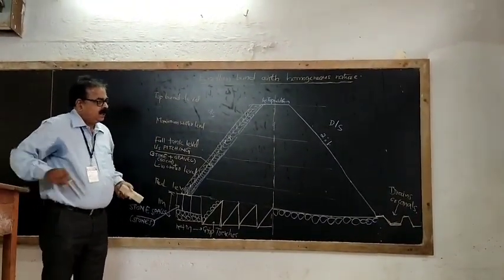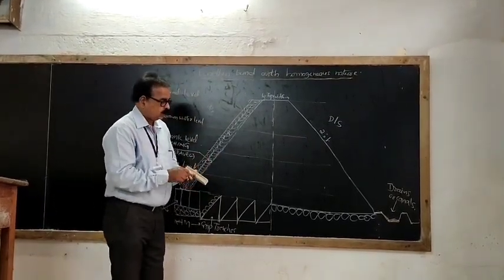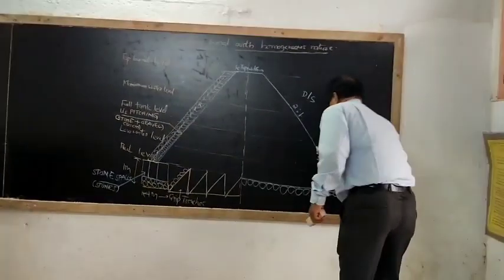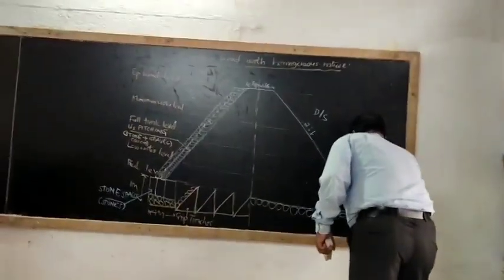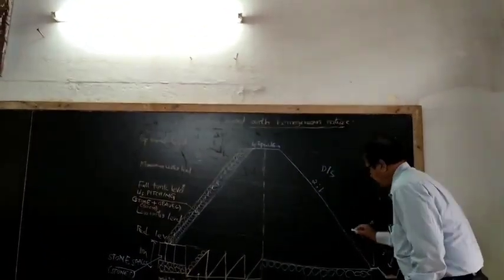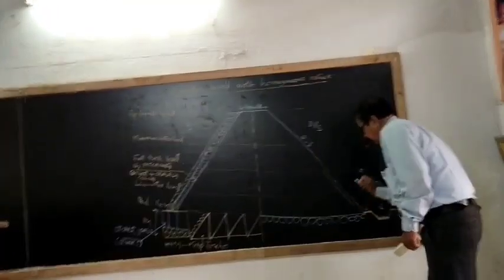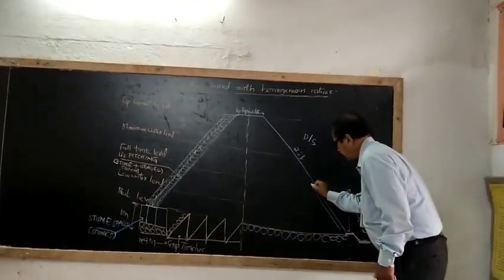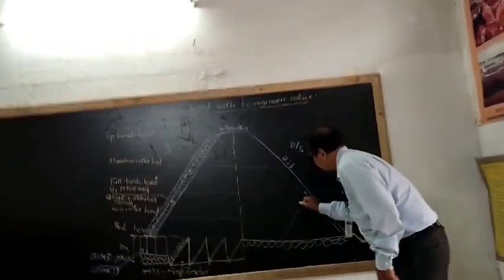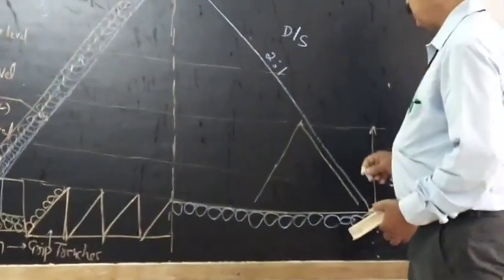Since it is of homogeneous nature, there is one more irrigation structure constructed on the downstream side. That is called the rock toe, which is taken 1/3 height of the dam. We have taken the height of the dam as h, so it will be h by 3. We take a parallel line to the downstream side with 20 centimeter gap. When it cuts the h by 3 height, we take one more line parallel to the upstream side, and one more layer parallel to the downstream side.